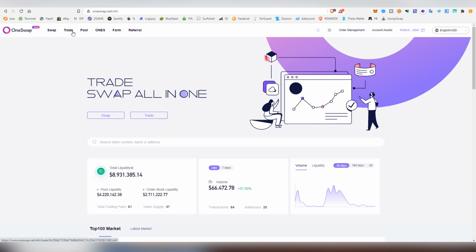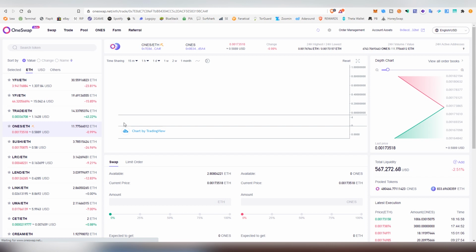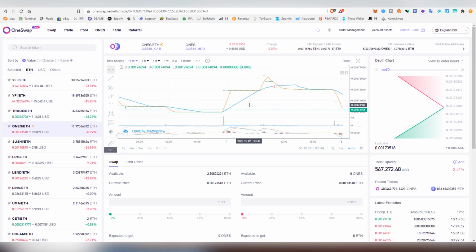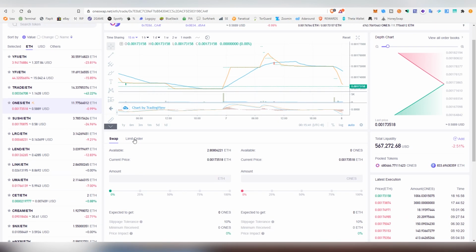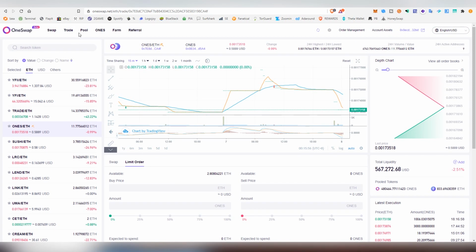So we're going to be going into the actual trading interface first, and here we can see that when we're trading on this automated market maker, I have the opportunity to set a limit order on the exchange, so I don't have to buy at the current swapping price. I can wait till the price hits XYZ, and that's when I'm going to be initiating the actual trade on the platform. They obviously do have the normal swapping feature, which we're going to be looking into in a second, but